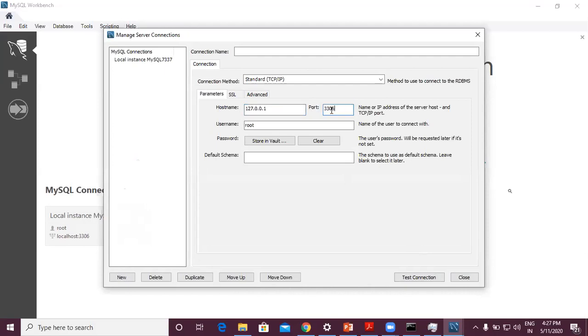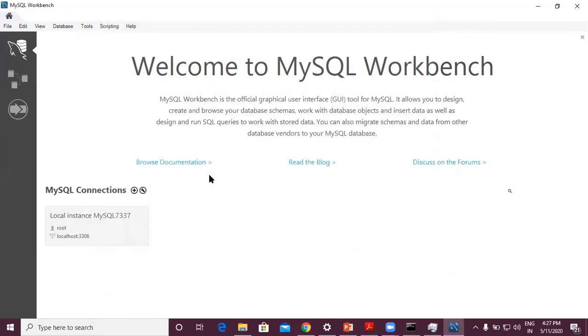The username is root. You can give the connection a name if you want. Root is your default user.